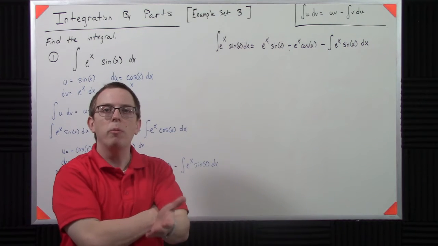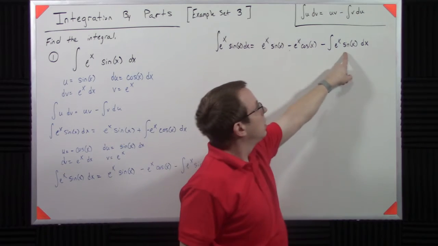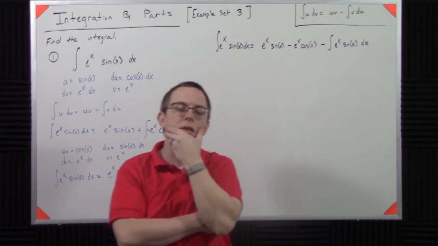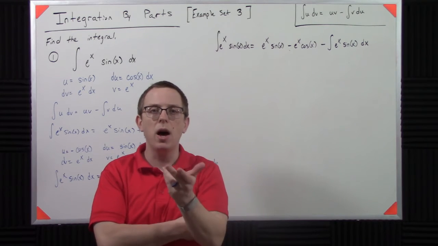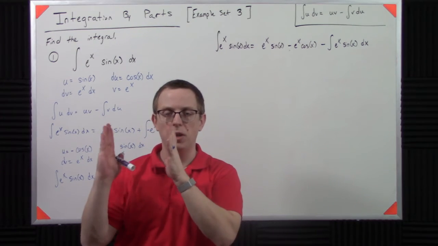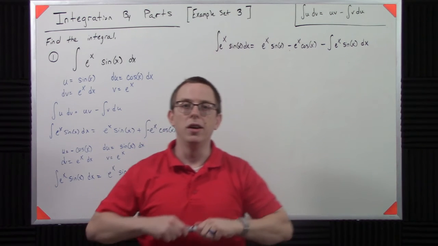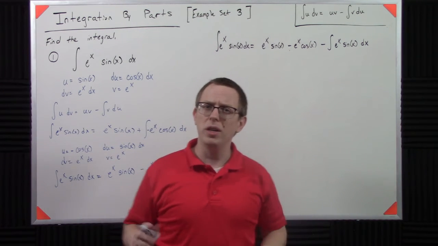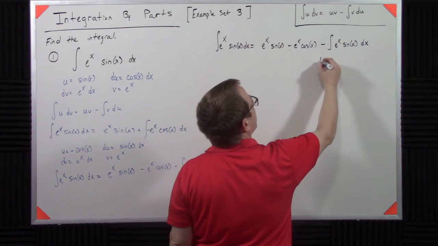Well, crud, right? We're back where we started. We started with the integral of e to the x sine of x dx. Now we got the integral of e to the x sine of x dx again. How do we solve this? This is kind of annoying, right? Well, what you find is that as long as you have something on the same side of the same type of quantity, just use some algebra. We're going to say, okay, well, what if I add